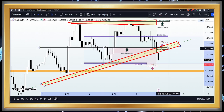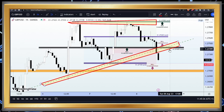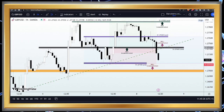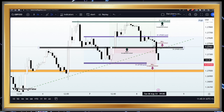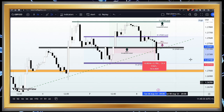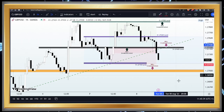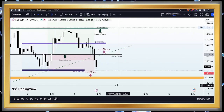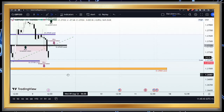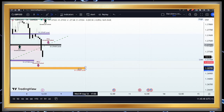Now that is why I captured this bearish momentum here, and if you are taking advantage of that move, well done to you for being on standby to catch that one, as you will be currently running with about 25 pips in profit at this point in time. Well, for those who had missed out on this opportunity, it's okay. I still think the market will present with more opportunities to capitalize on this downtrend